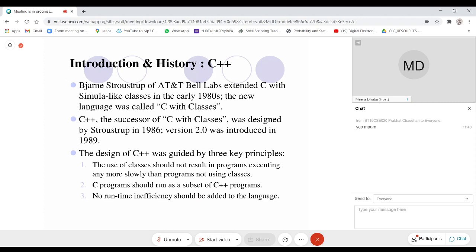Then, of course, C++ is a successor of C with classes and C also. So they wanted that a C program should run as a subset of C++. Can I tell you why most programming language designers think of giving this compatibility? Anyone? It will be easier to learn C++ then. No. Other than the commercial benefits, practical benefits?